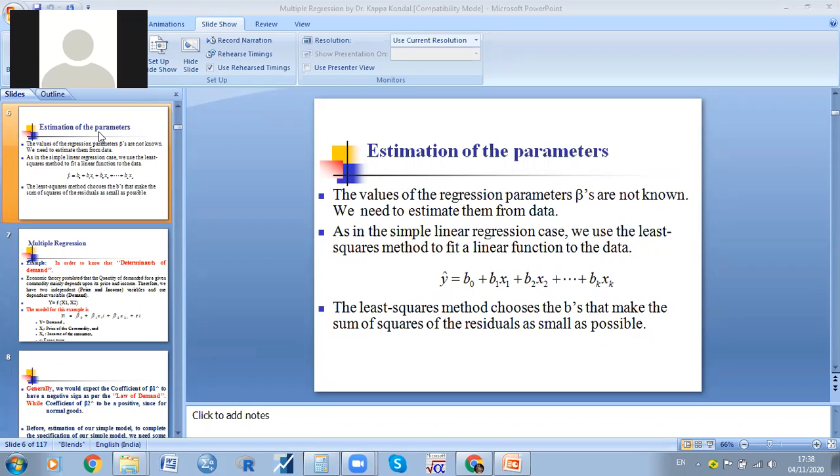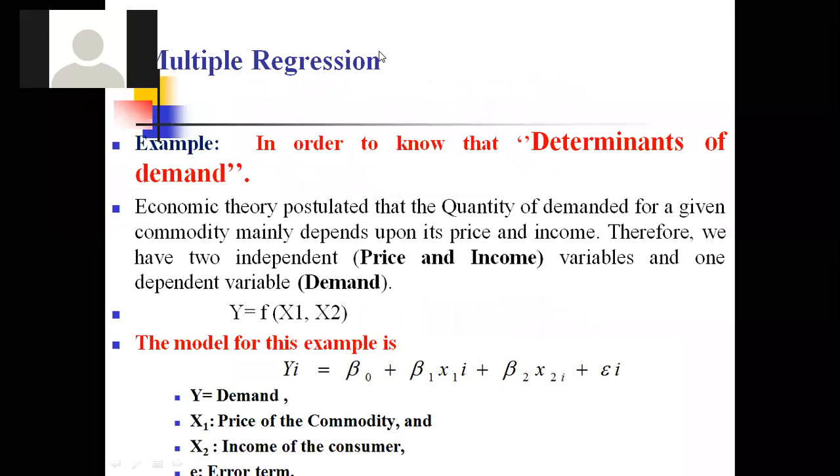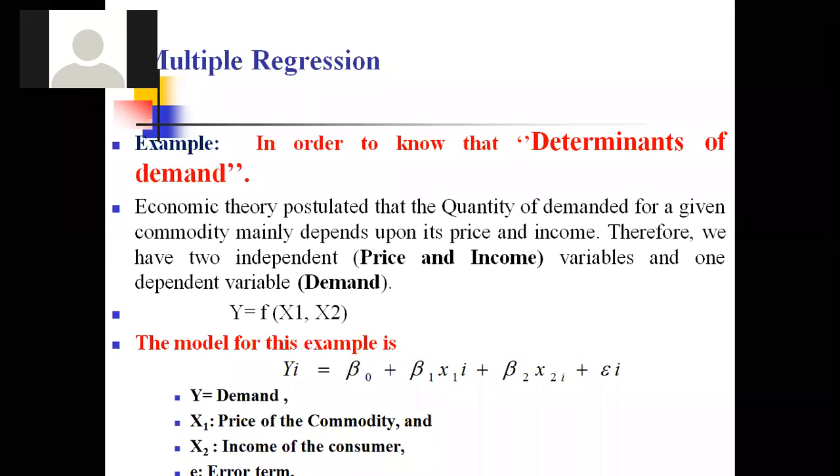Yeah, then estimation of the parameters. For example, if you take into account the practical orientation, see how we can use multiple regression, in order to know what the determinants of demand are. Generally we studied the law of demand and what factors affect demand. In economic theory, the quantity demanded for a given commodity mainly depends on price and income. Generally the law of demand says that demand is determined by many factors: price, income, price of complementary goods and substitute goods, taste, preference,